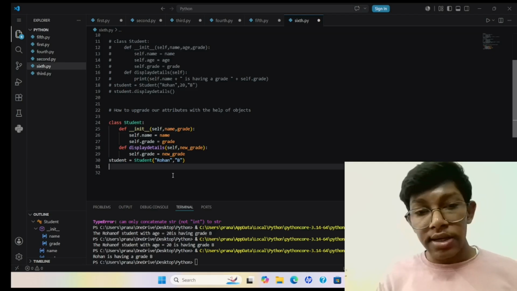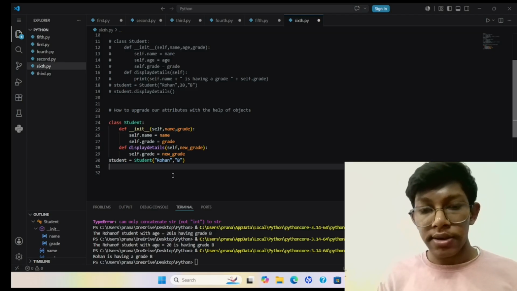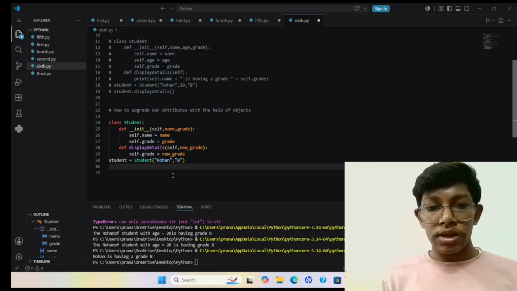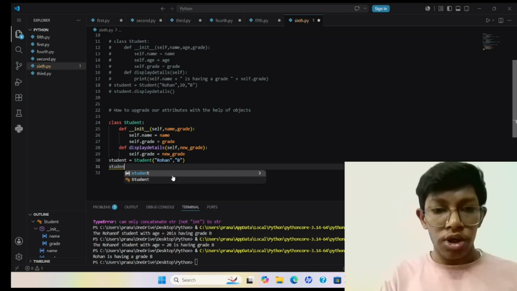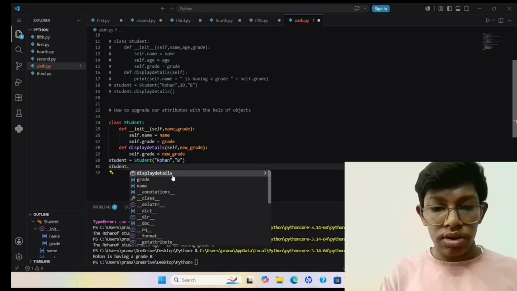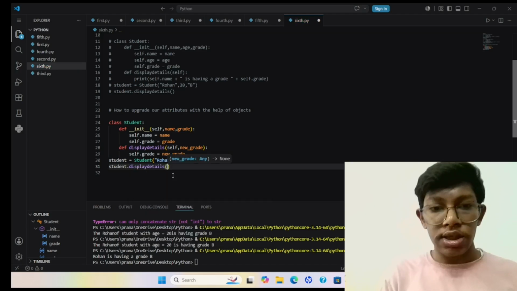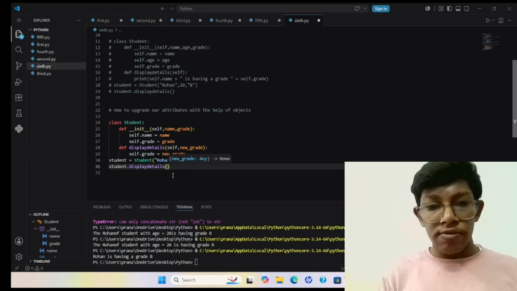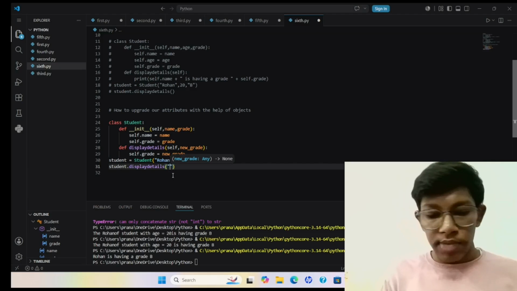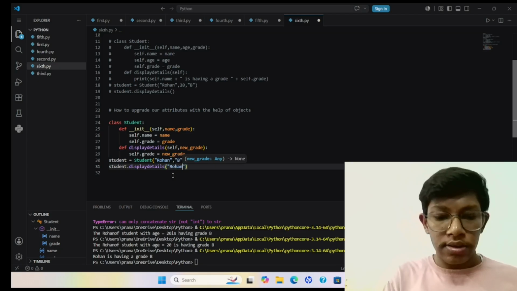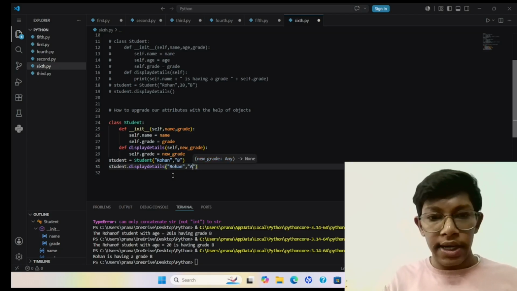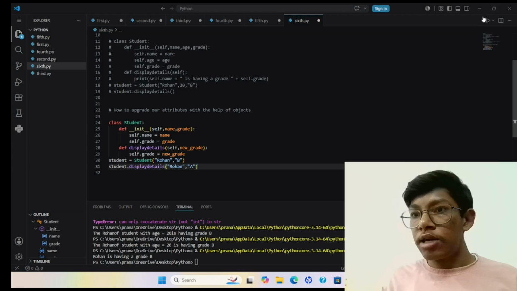So while calling my method, I can simply upgrade my grade. Like I would write student dot display details, in which I would be writing first my name, after that a grade A. Now if I try to print it,